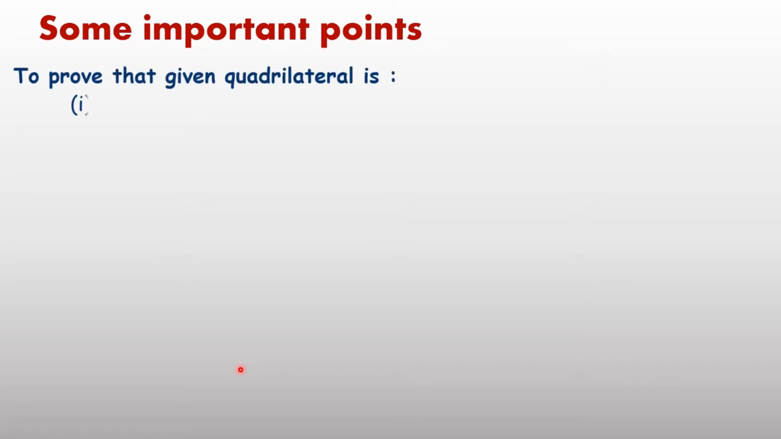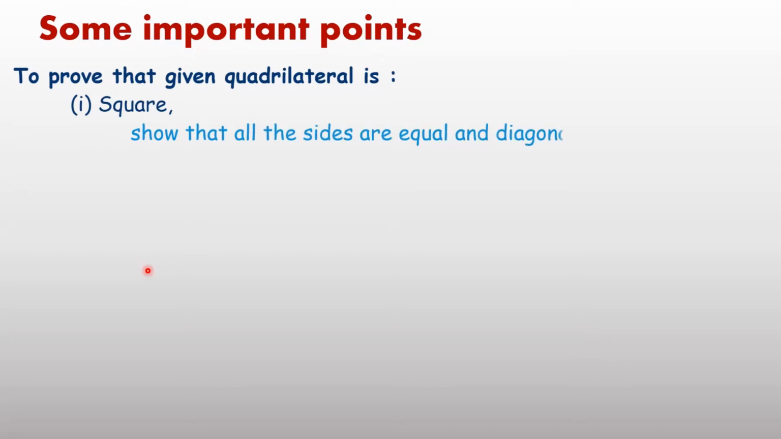Now next, some important points which you should remember in the application of the distance formula. If any quadrilateral is given and you have to prove it is a square, with coordinates of 4 points A, B, C and D given, what do you have to do? Just find out the measurements of all sides AB, BC, CD and DA. If all sides are equal